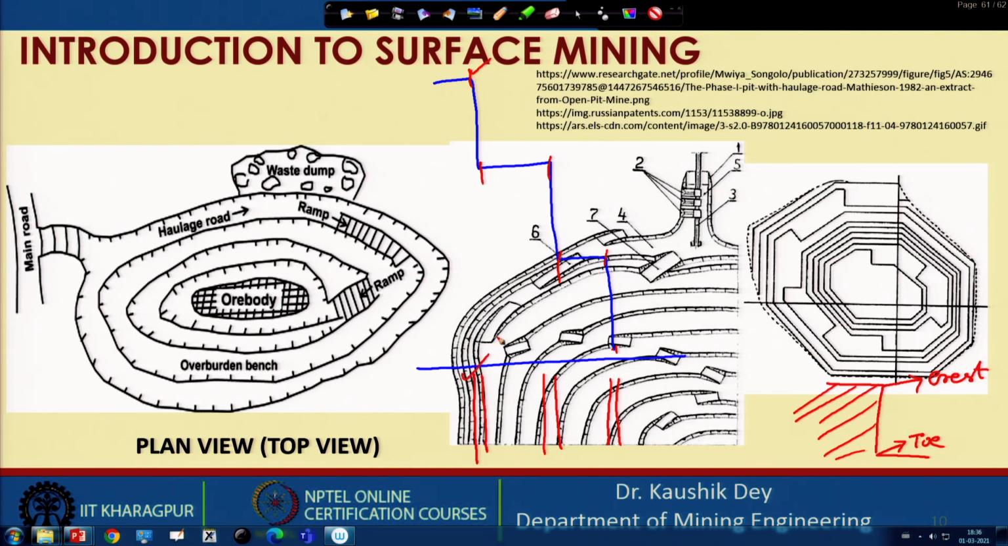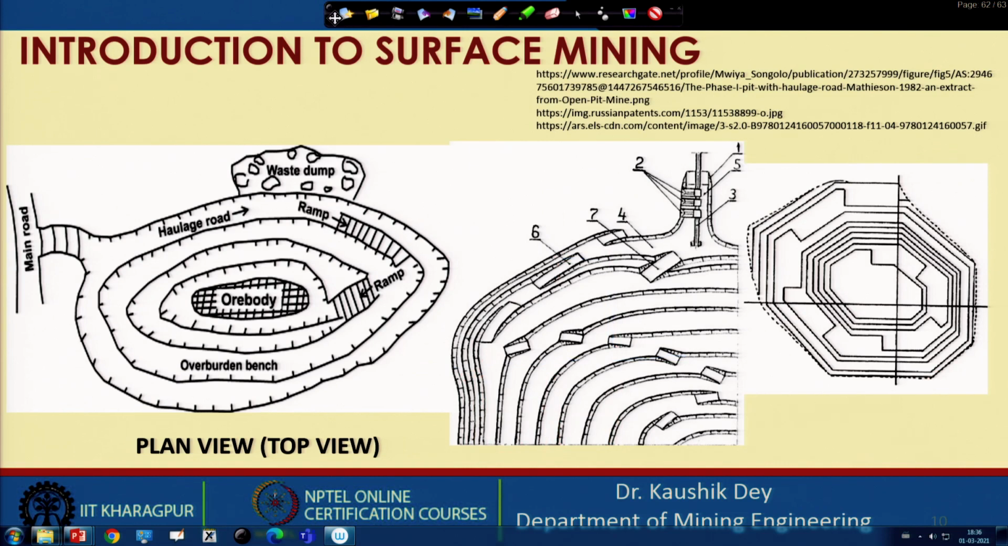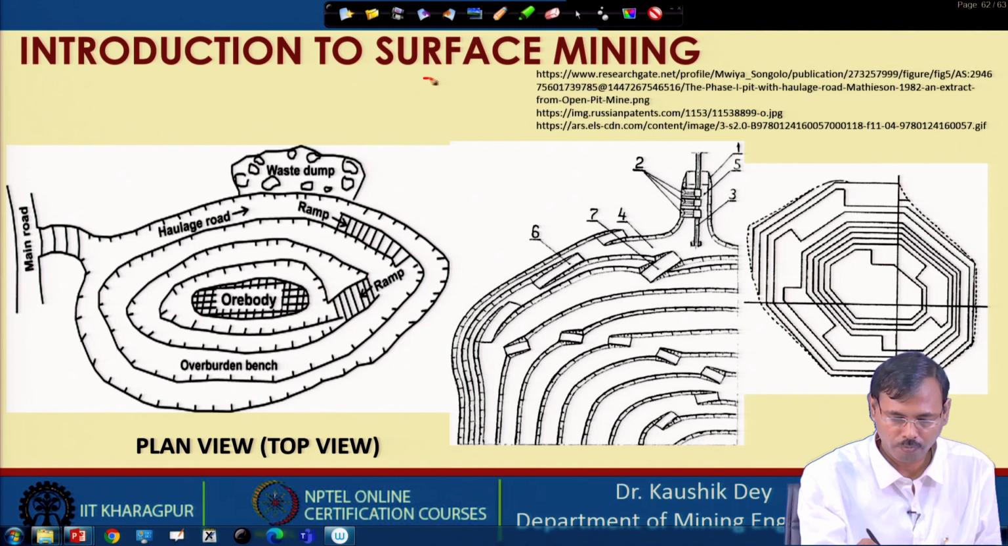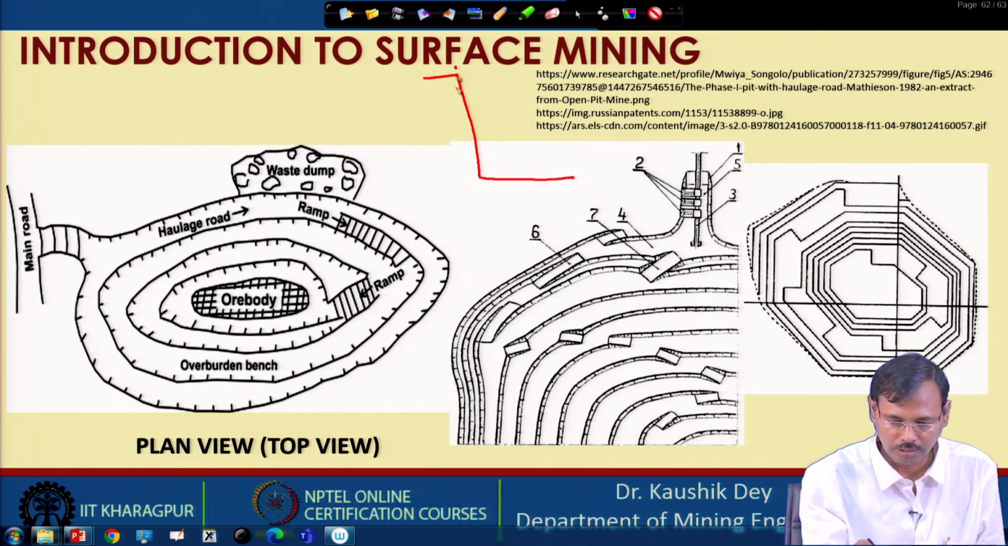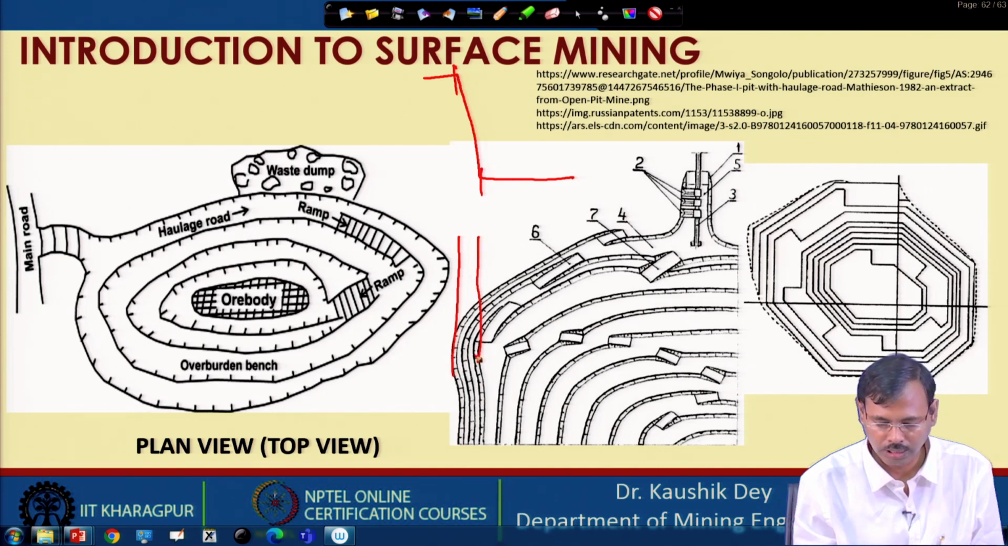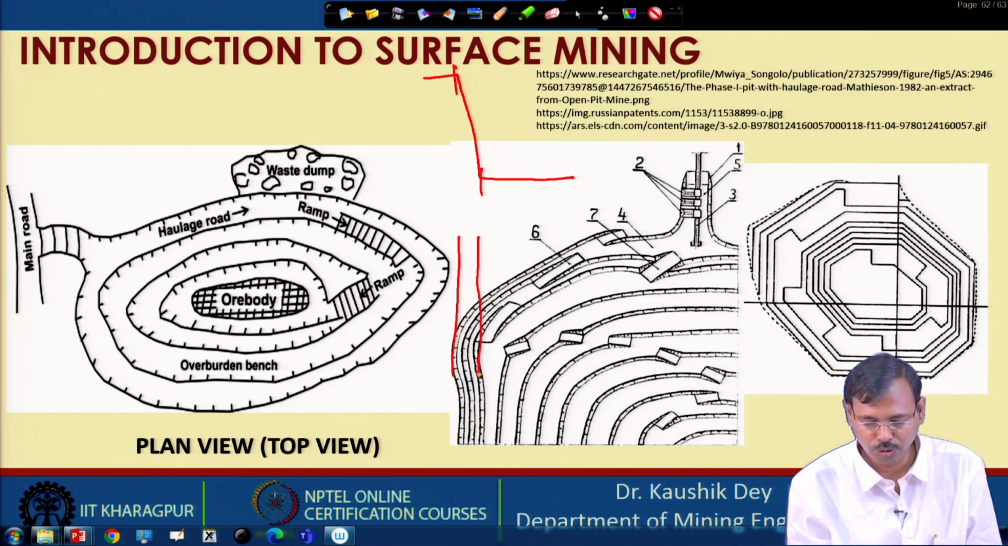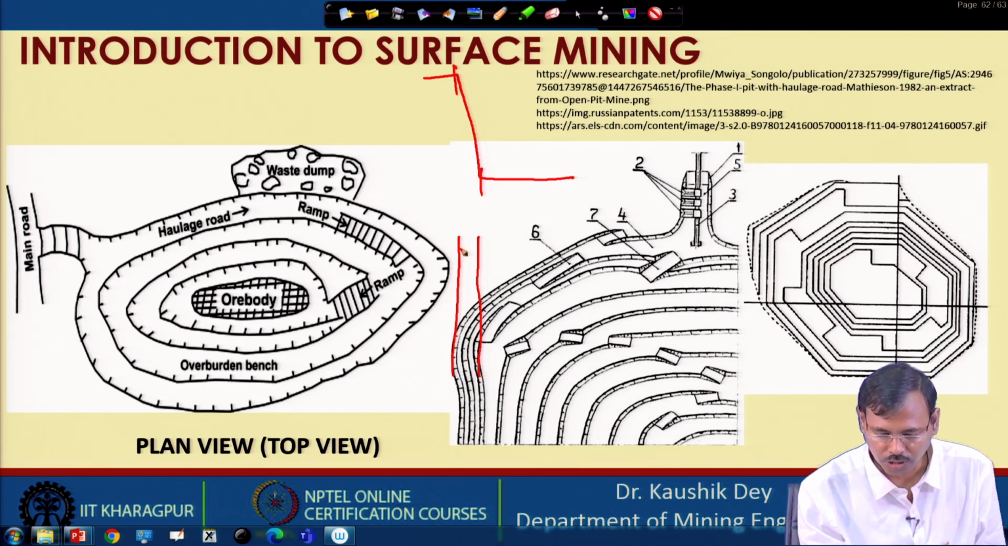So, this is the crest line and this is the toe line. Whenever we are drawing the layout or showing the plan of a mine, we keep this in our mind. Let us see once again, if this is the bench, then this is the crest line, this is the toe line. So, this is the crest, this is the toe, but how will you understand which one is crest, which one is toe? So, for this we